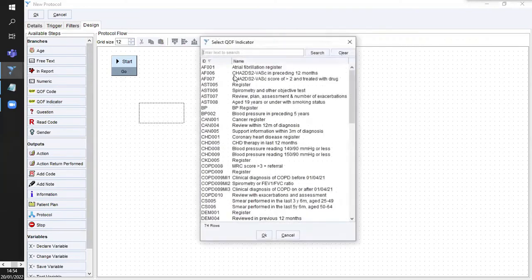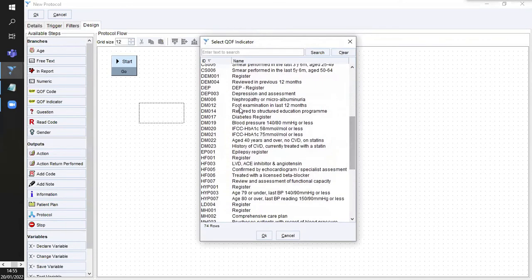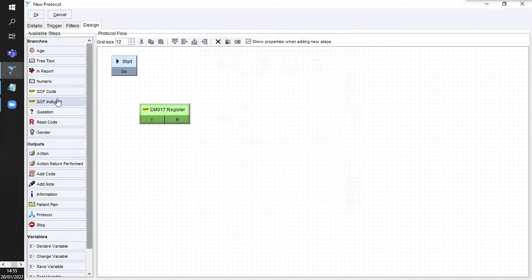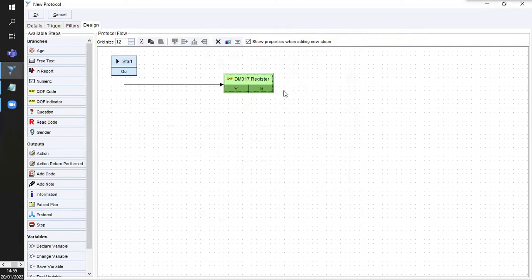Let's put the indicator on. Let's put them on the diabetes register first. So let's look for everyone that's got diabetes. So our protocol launches when someone tells it to. If they're on the diabetic register, we go one way. If they're not, we go a different way. We might then say,